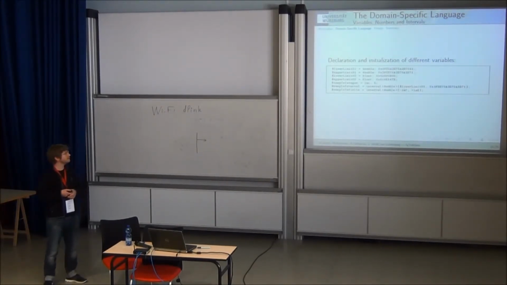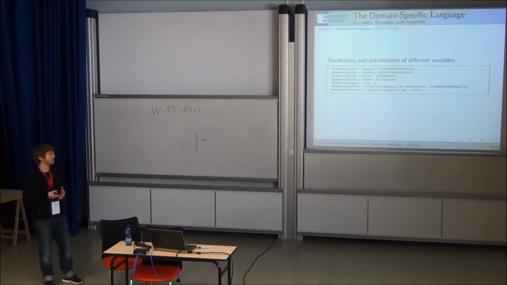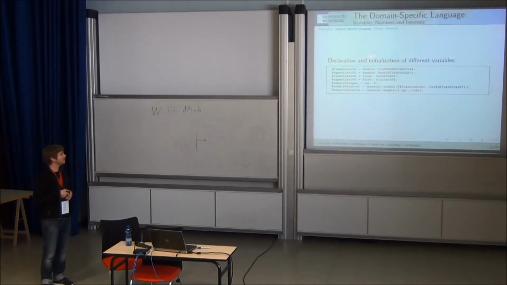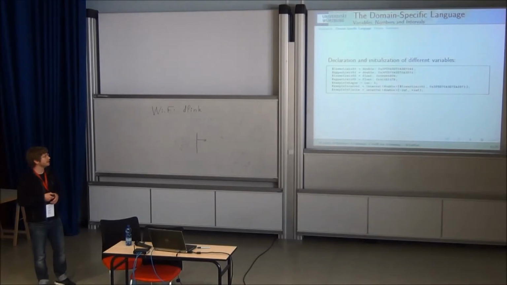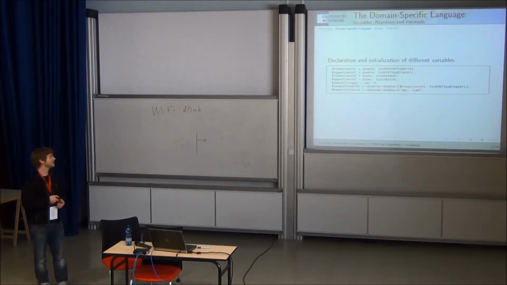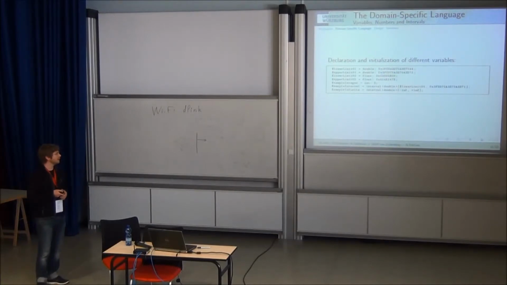Okay, here is an example for the declaration of variables. And you can see a variable is introduced just with a dollar sign. This is common in many languages. And a value is assigned to the variable with the equal sign. And then there's the specification of the type, followed by the actual data. And this is here in hexadecimal format, just as an example. And then we have here a lower and an upper limit in different